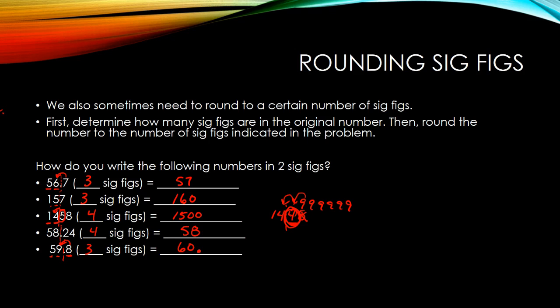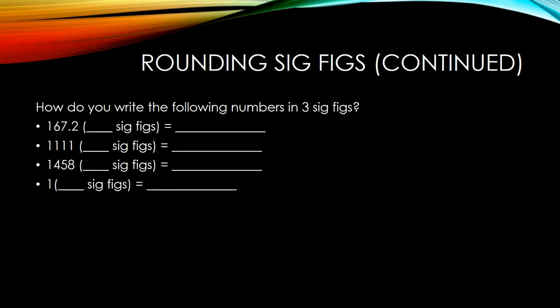All right, let's look at a few more examples here. But this time we're rounding to 3 significant figures. And so our first number, 167.2, this is 4 sig figs. We look at where we round. So the 1, the 6, the 7 stay, and the 2 does not cause the 7 to round up, so it's just 167. All right, then our next one, 1,111. Again, 4 sig figs. We keep the first 3, and then the last, there's our cutoff. We look, the 1 doesn't cause it to round up, which means that it's just